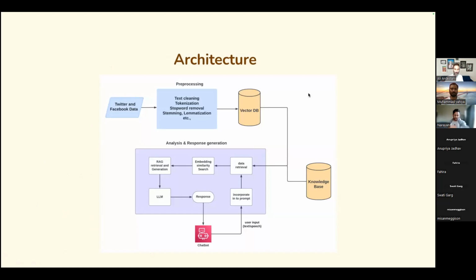Thank you. Yeah, thank you, Ali, for starting this one. Okay, so this is the initial architecture we submitted at the beginning of the project. One change we have made is that we have added a knowledge base in addition to the vector DB.